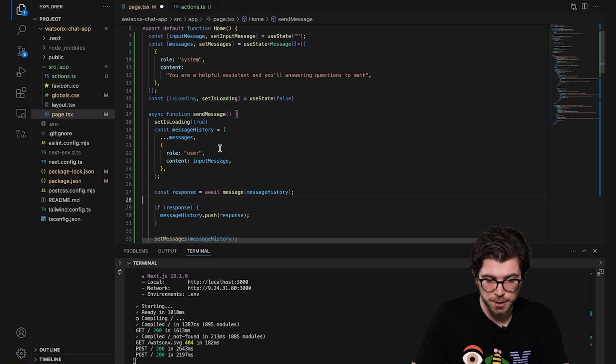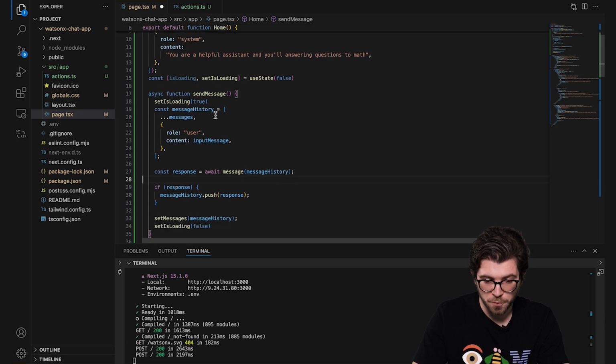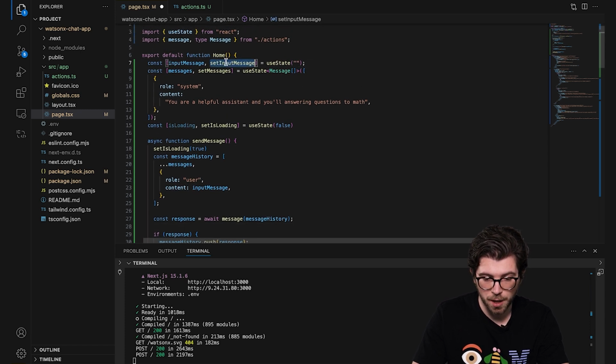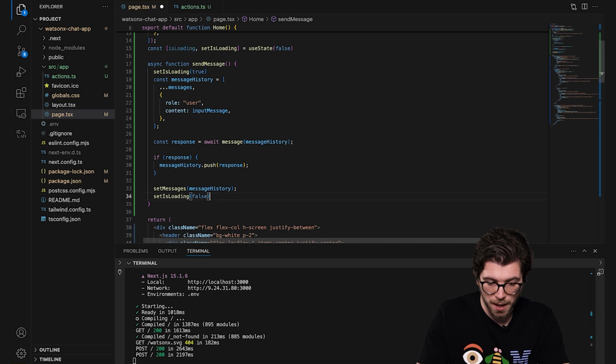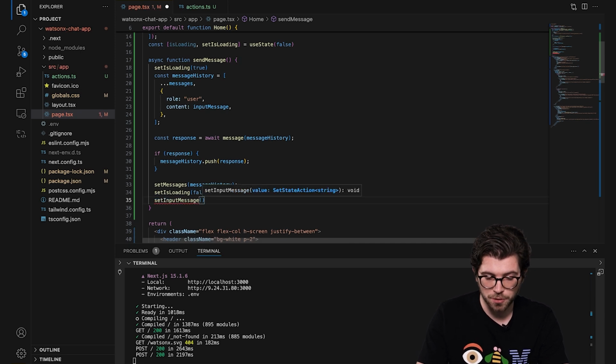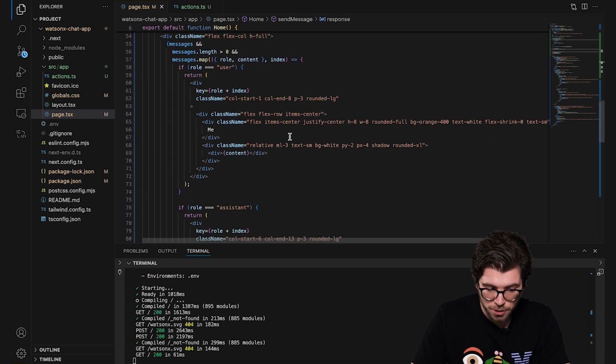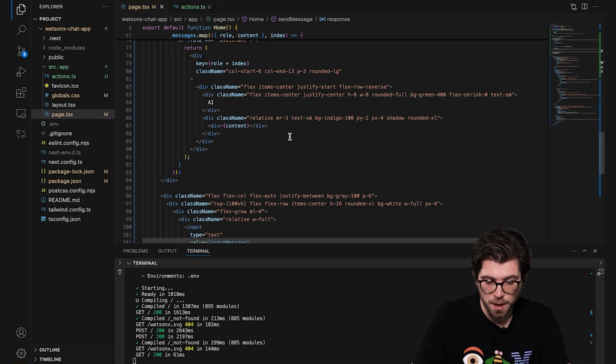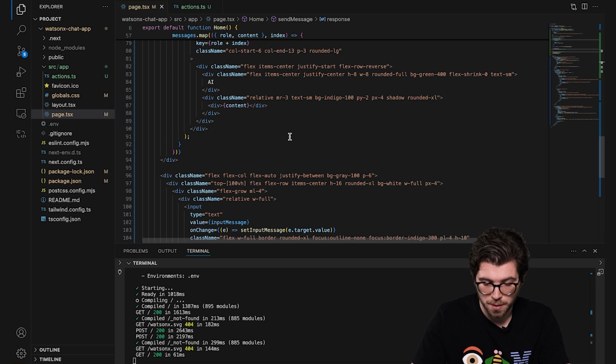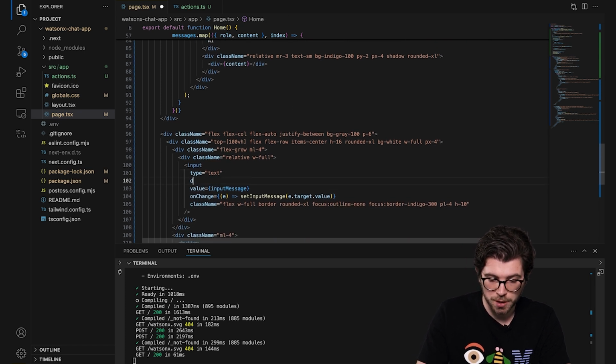What I also want to do is whenever I finish sending the message, I want to make sure that my input message is being emptied out, because this way we don't need to delete it every time we want to send a follow-up question. Let me save this. Let me also scroll down, because whenever I press the send message button, I want the input field to be disabled.